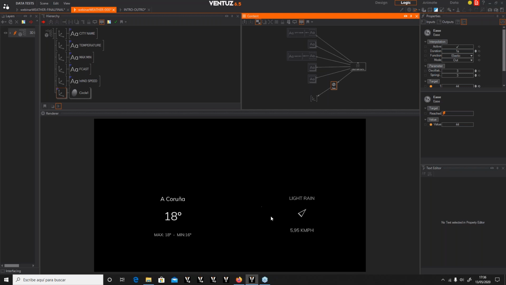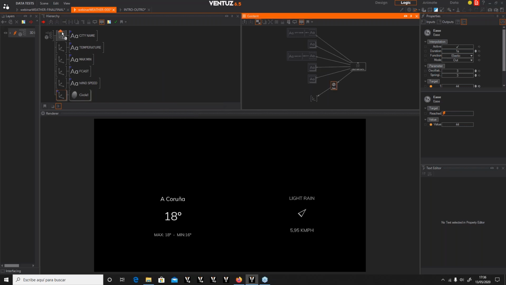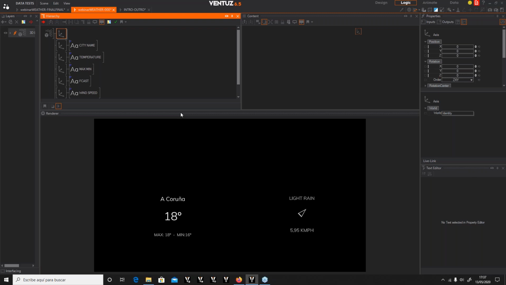So now we have made the basic info screen. Now let's fine tune it a little bit. Let's create a small background for it. So I just add an axis, put it down there. Just for you to know,